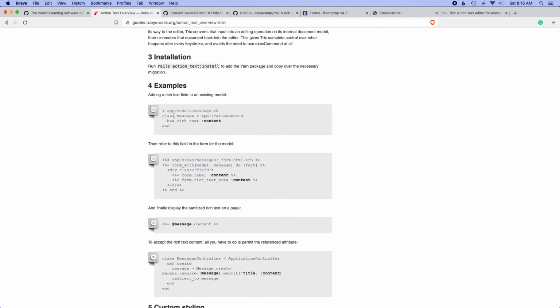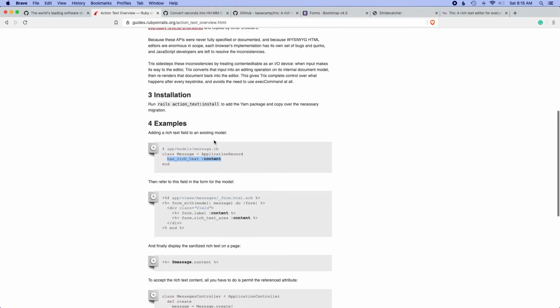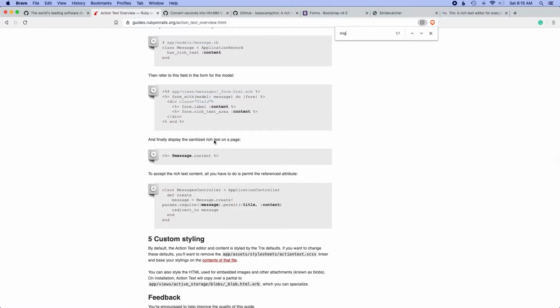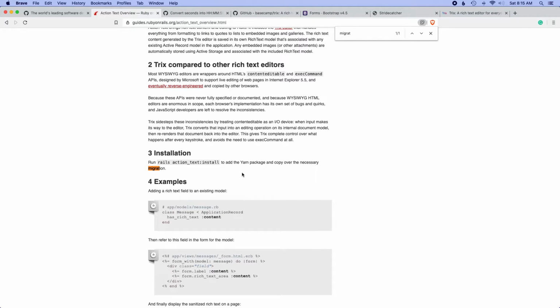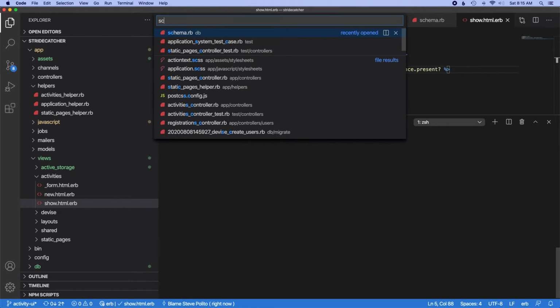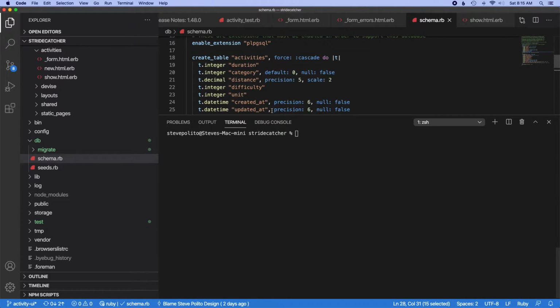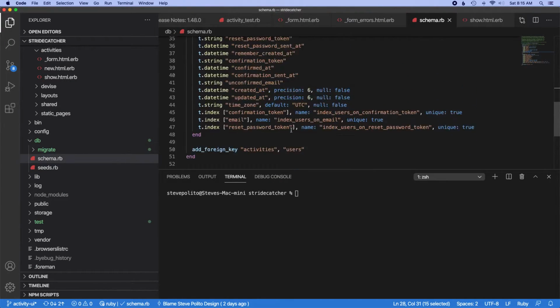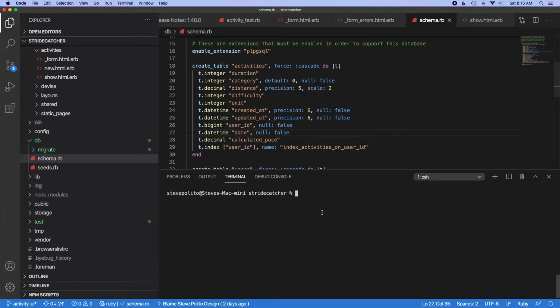So the next thing I can do is just add rich text to our model, so we don't actually have to run... Oh, you know what? Maybe we do have to run, we'd have to run a migration. Users, yeah, actually, I think I have to run a migration, because what's going to happen is